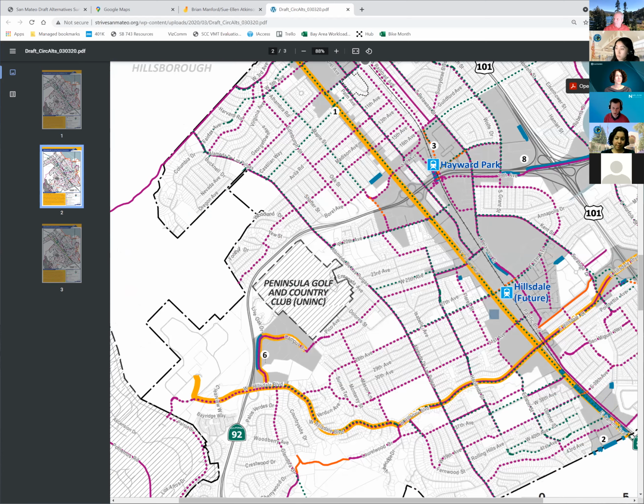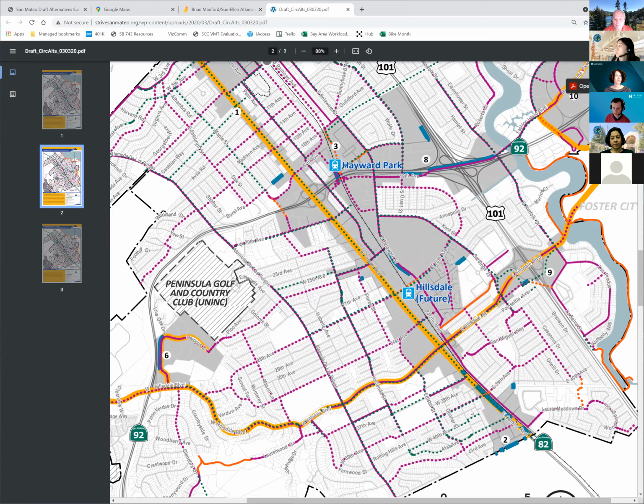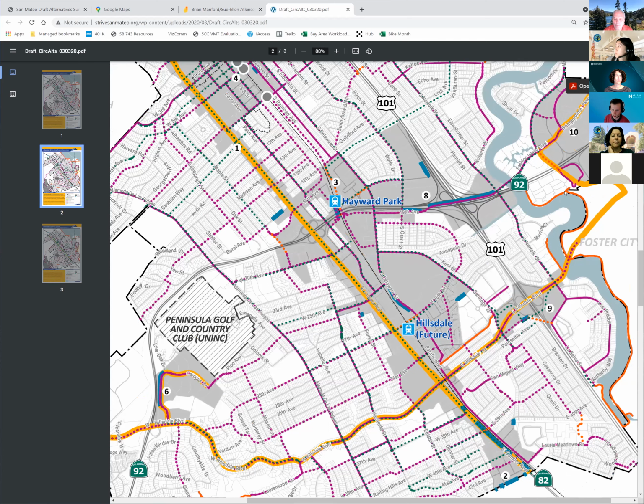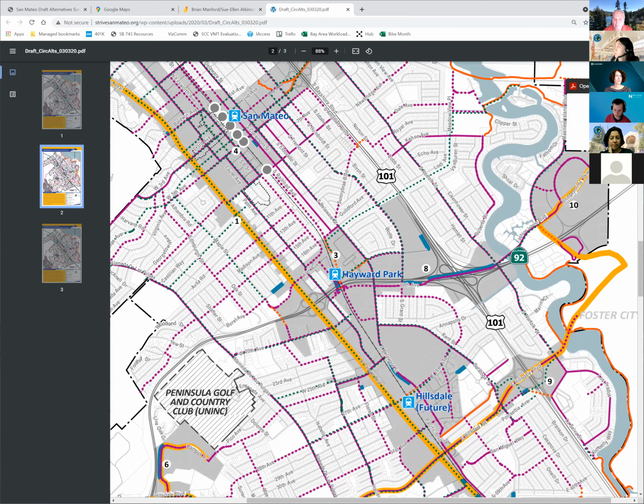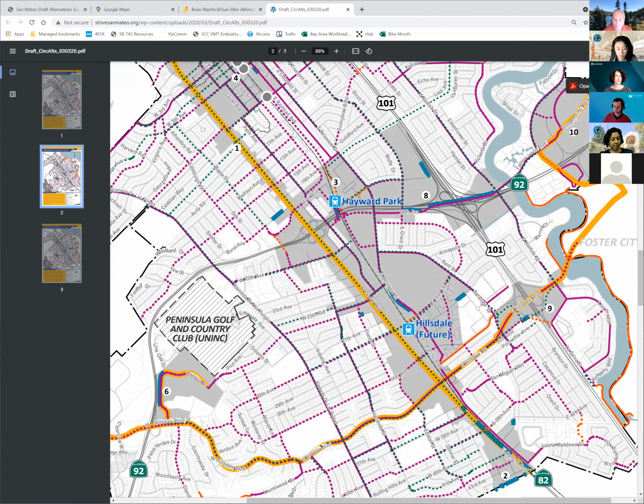This thick gold line is a new transit route or maybe shuttle route connecting the study area and San Mateo College to Hillsdale Station, which has the best transit service now and in the future for Caltrain in San Mateo. And then also connecting study areas 9 and 10 in Fashion Island to Hillsdale. So that's one element of alternative B, connecting San Mateo to these regional connections.